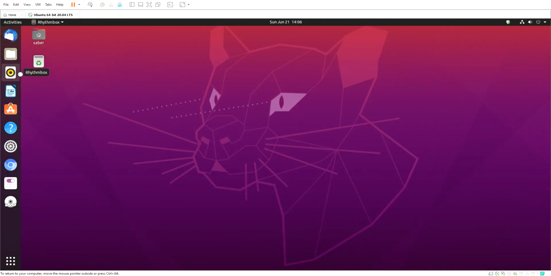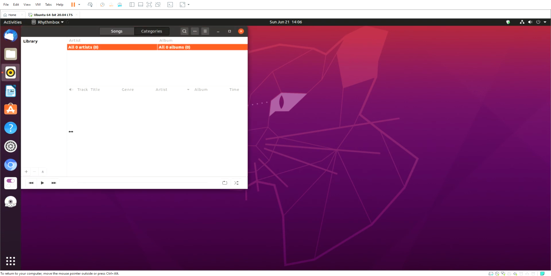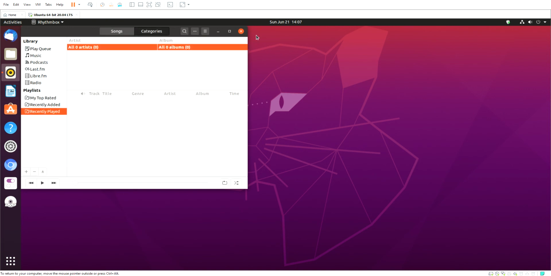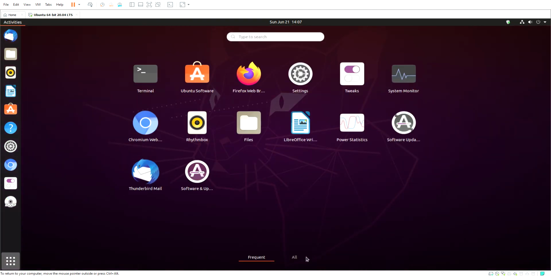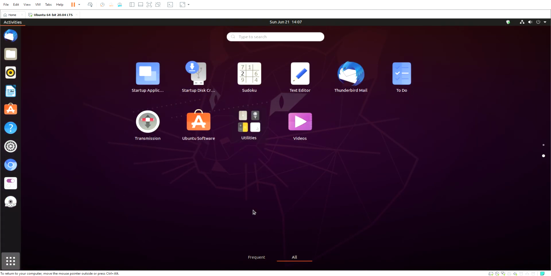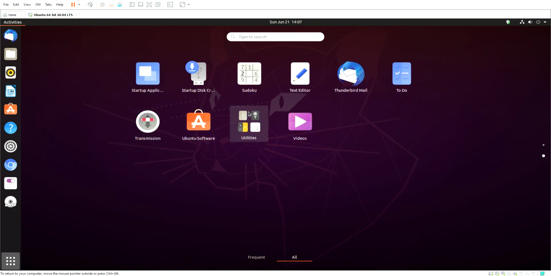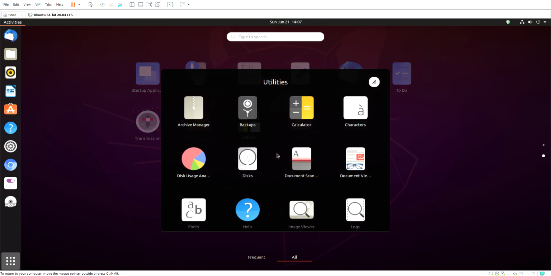This is the music app. Like in Windows, they have music, but you can go here and you can play music that you have. Also, like Windows, it has a calendar, a camera app, and so forth. Utilities you can,